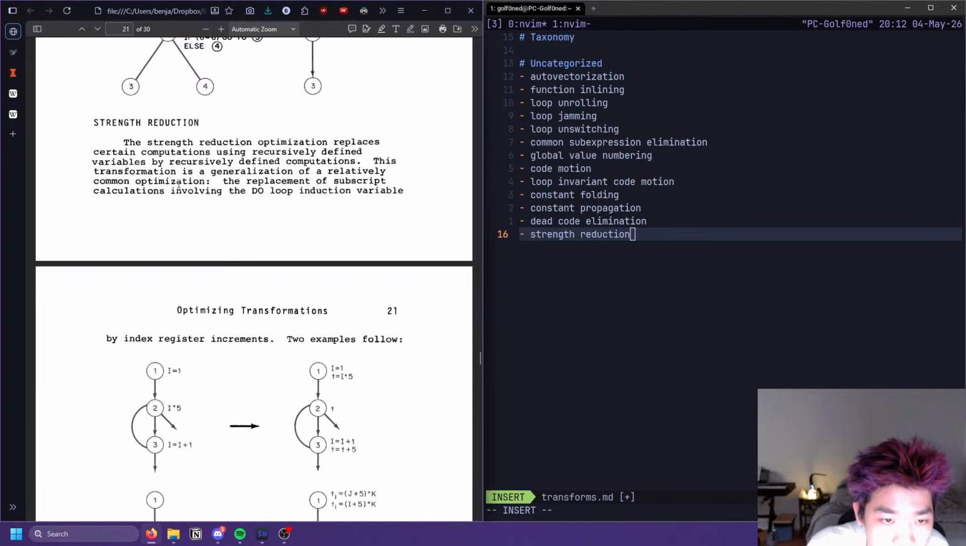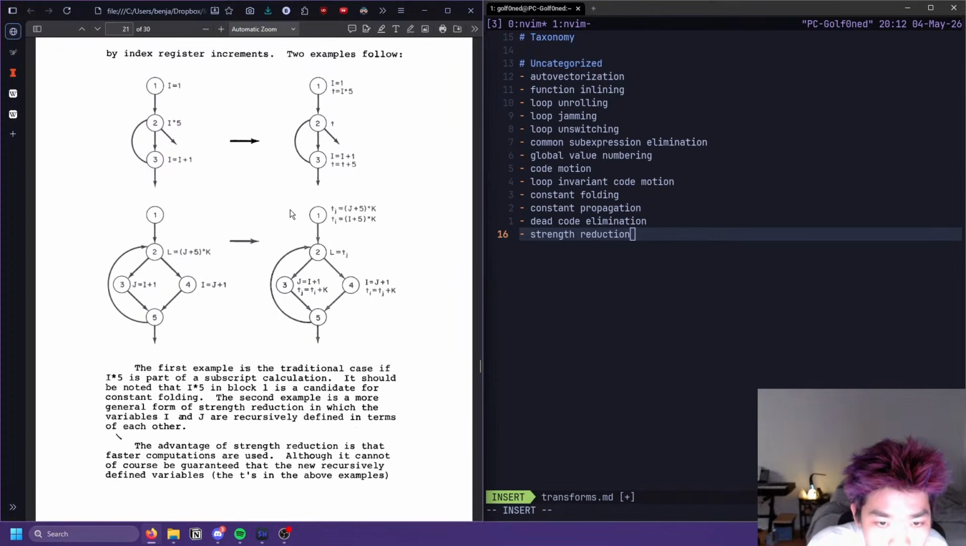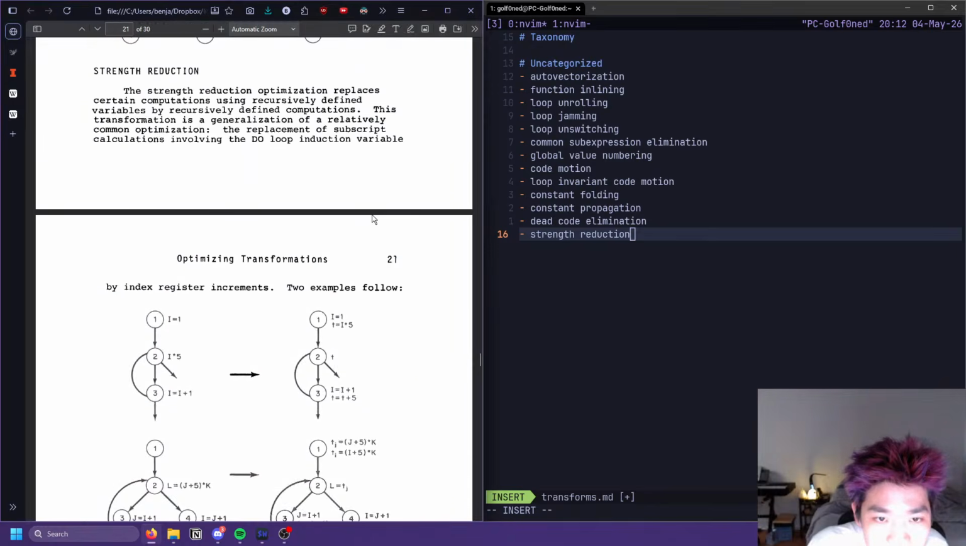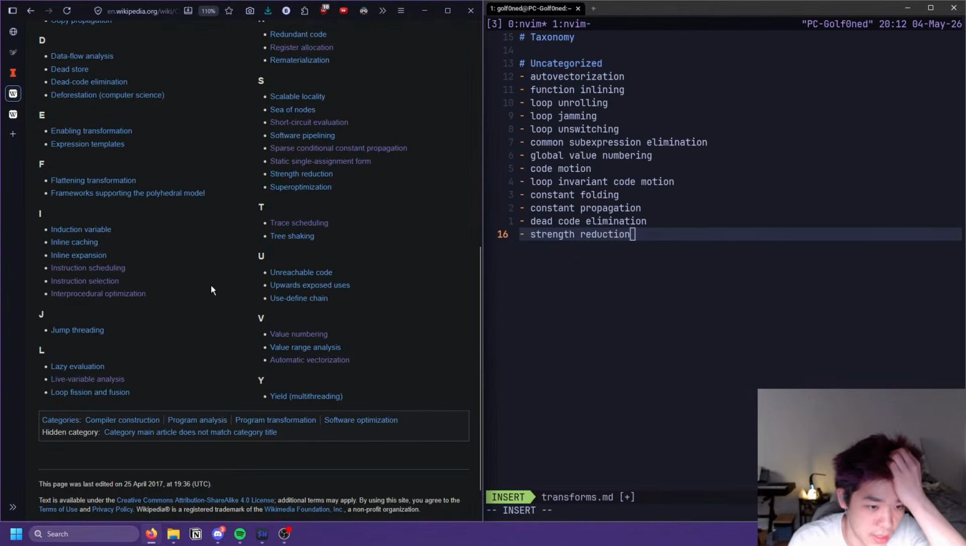Generalization of a relatively common optimization, replacement of subscript involving do loop induction variable. I feel like, wait, this is a generalization of that. So if we look here, there's like, oh